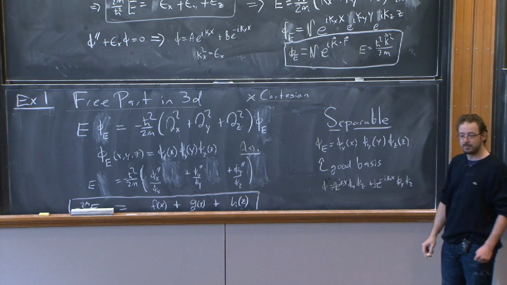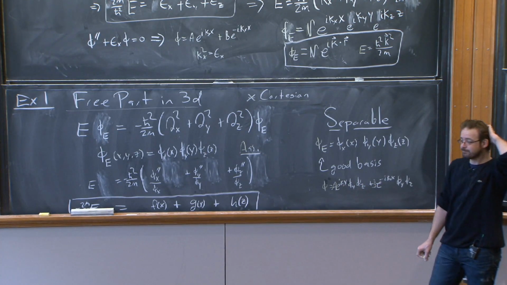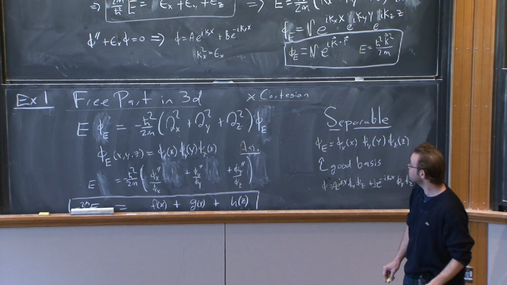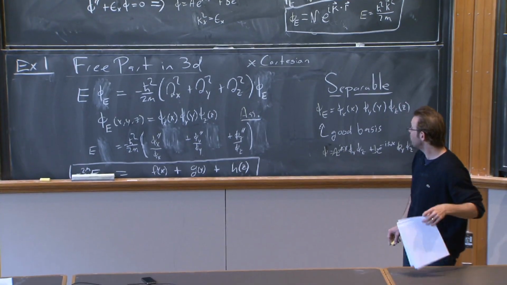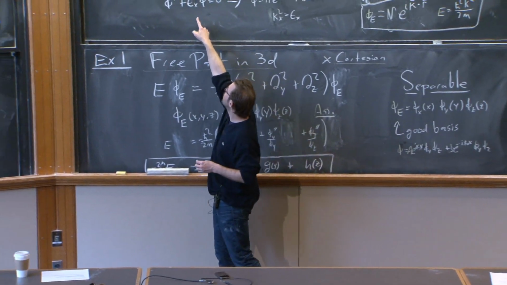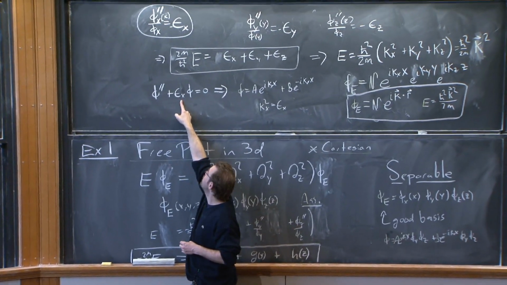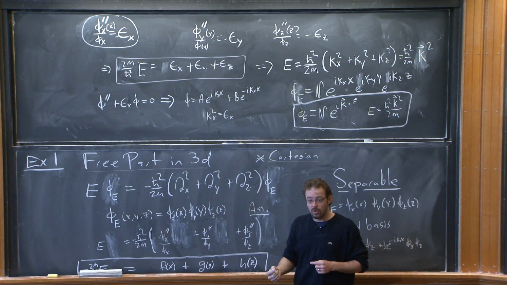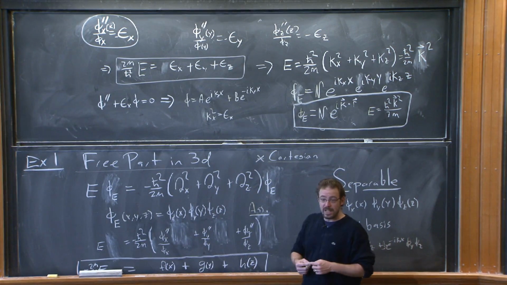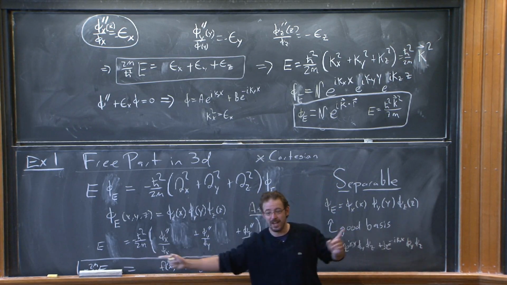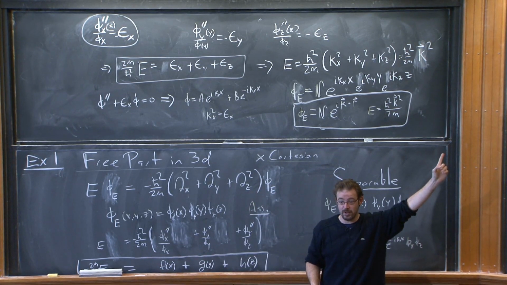Yeah? And my other question is, I still don't see why any of the epsilons can't have a negative sign. You have a real exponential as one of your products. Okay, so if we had a negative epsilon, is that wave function going to be normalizable? In which direction? Oh, right. So if it's converging in this direction, it's got to be growing in this direction. And that's not going to be normalizable.